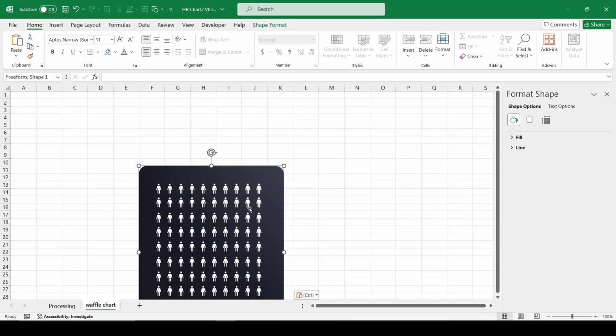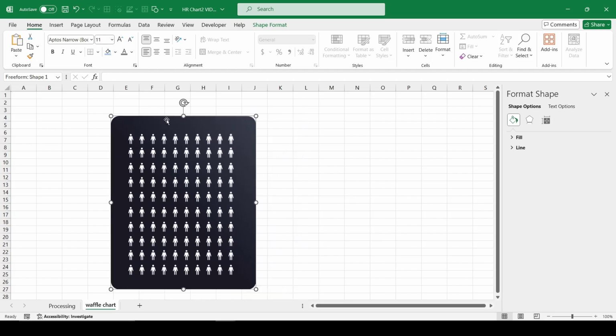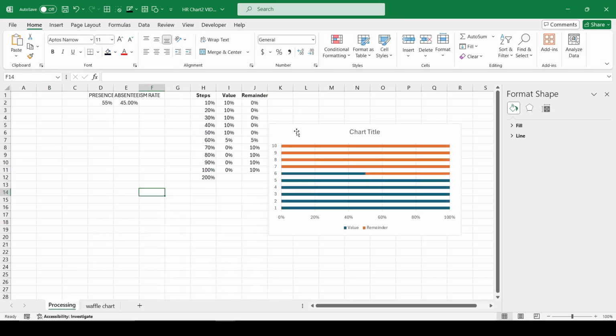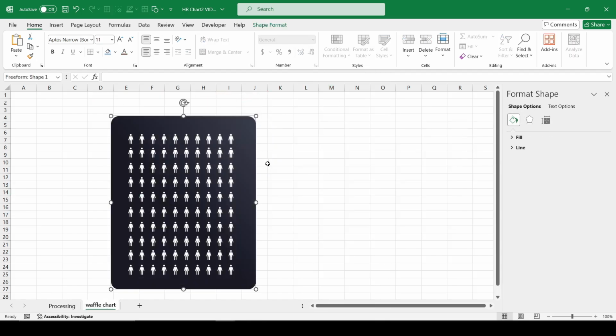Transfer the perforated rectangle shape to a new Excel sheet. Also, transfer the previously created bar chart there.